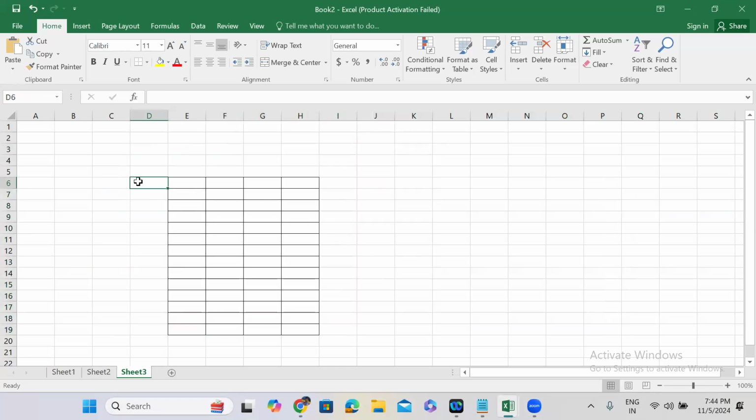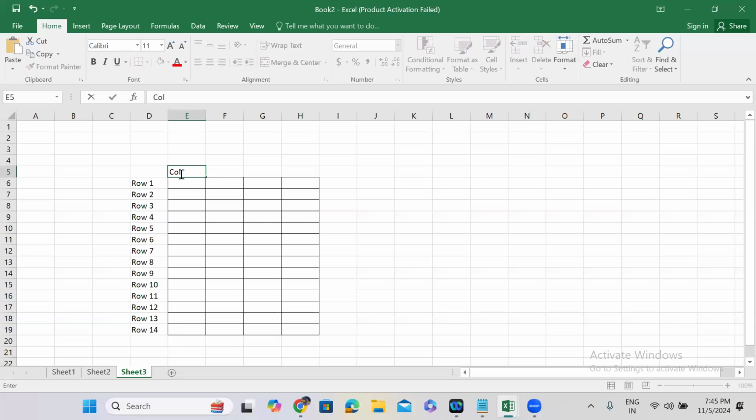So in this table, how many rows and how many columns are there? We have to answer, guys. You have to answer. Okay. So here in this table, we have 14 rows and 4 columns. Guys, remember,